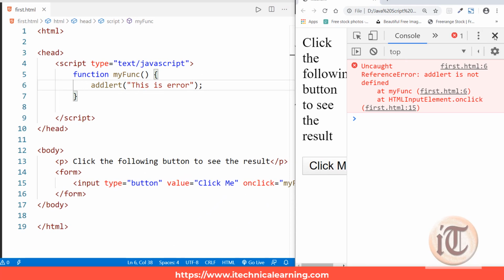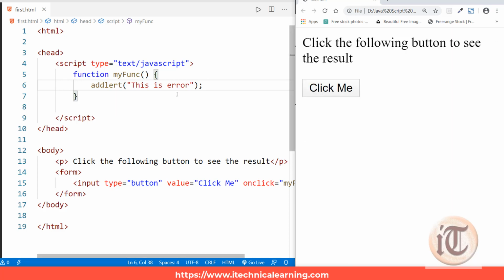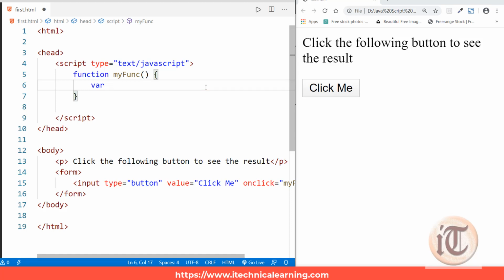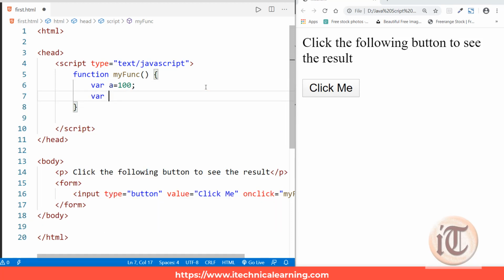So to overcome such situations, we'll take the help of try catch blocks. So I'm taking an example that is a very basic mathematical example. Suppose I want to write a code here. So I'll create a try catch block. Suppose I need a variable named a, and I have taken its value as 100, and another variable that I need, and initially I have taken its value as 0.